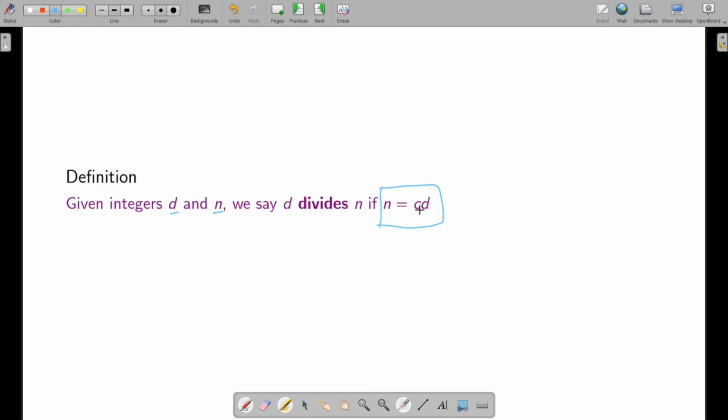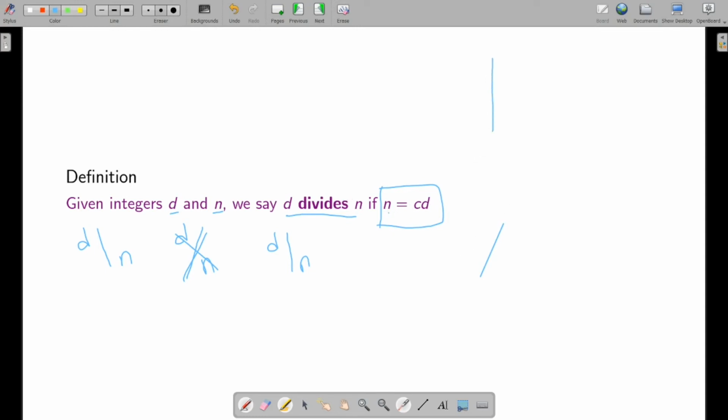If I can write n as some c times d, then I say that d divides n. The common notation for this is d slash n. Okay, so this is not d upon n. For d upon n, you would write the slash on that side. It's not this, but it is d slash n. Sometimes you even use the straight line. So just be careful with this notation. Try not to write this, because that means something a little different. Okay, so we say that d divides n if I can express n as some c times d.